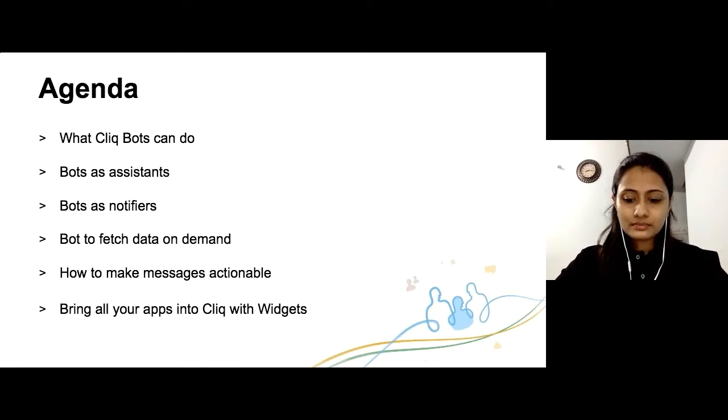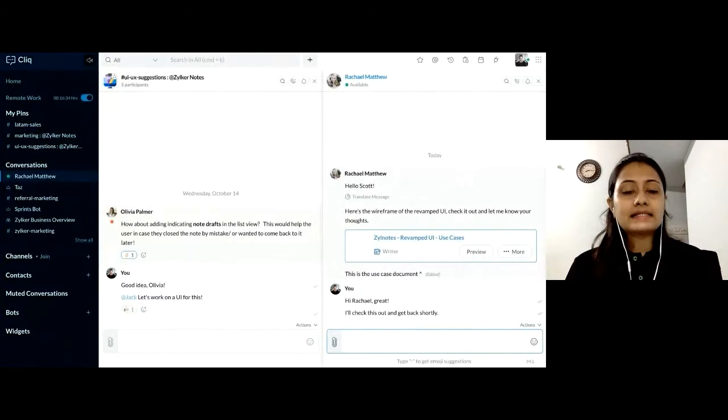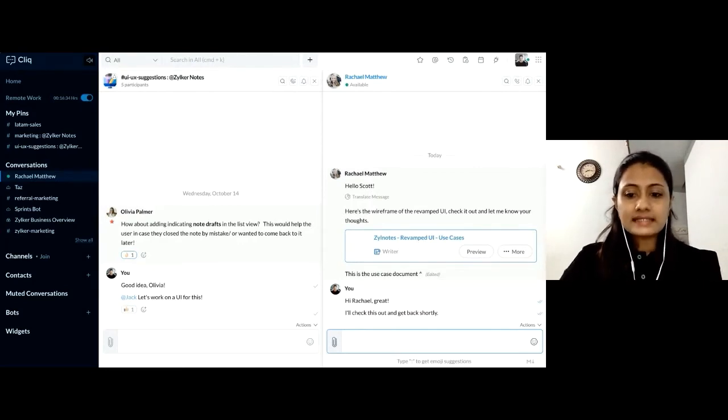So let's get started. So Zoho Cliq is a team communication software that is used to stay connected with your team. So you can send messages, you can make audio video calls, you can connect with your team over a group audio call or a group video call, and basically stay in touch. So another great way for you to connect with your team together is via channels. So channels in Cliq is a group platform where